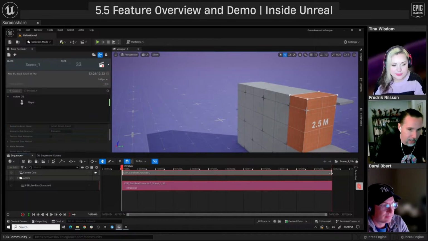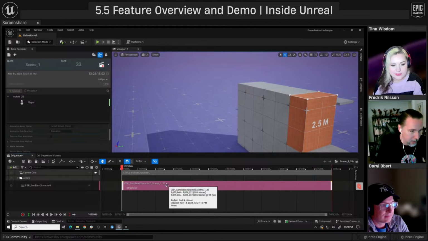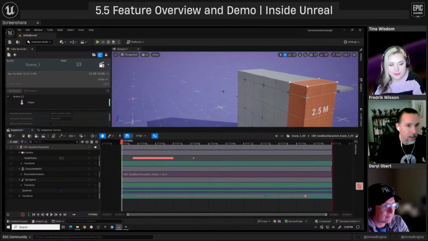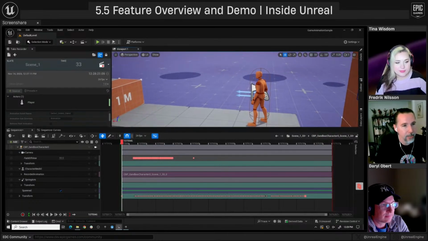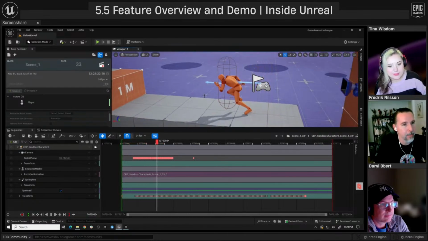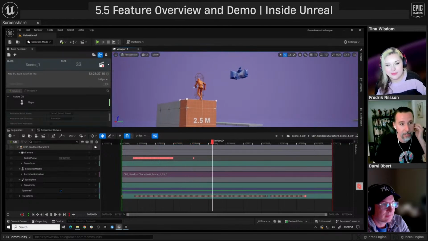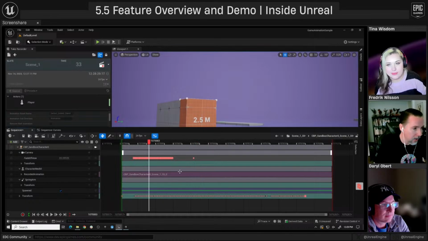So now I'm going to hop in, I'm going to unlock this subsequence because I want to get to some of the juicy bits here. So I want to see what's going on here. So I can see my capsule. I can even see my camera. I think the camera that's tracking the third person camera is even in there too. So all that stuff is in here.